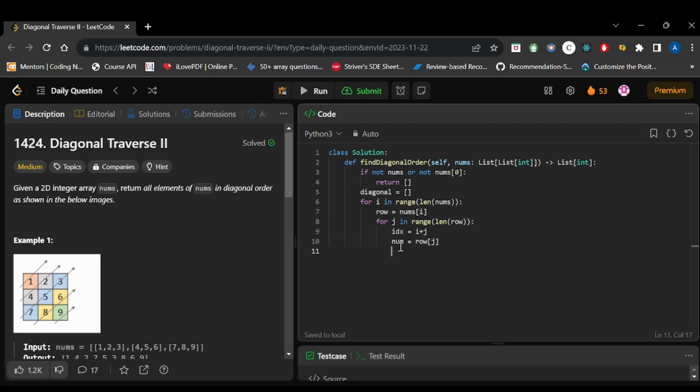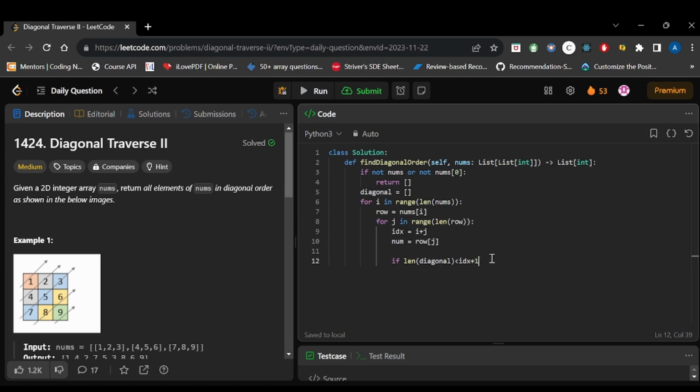Now we have the number and the index. We will check if the length of diagonal is less than index plus 1.